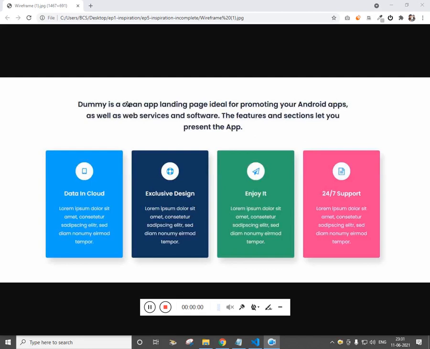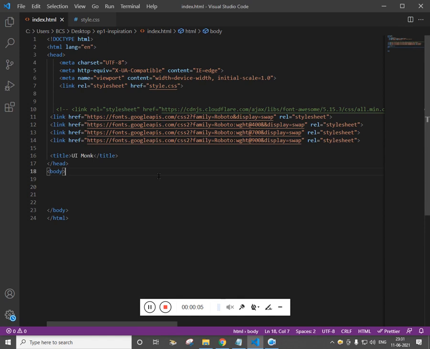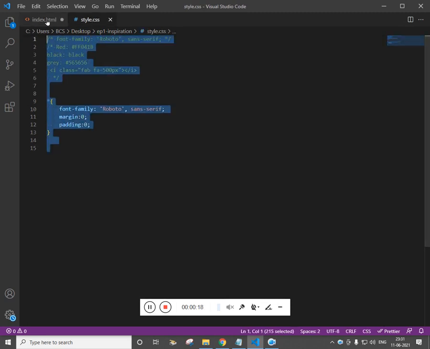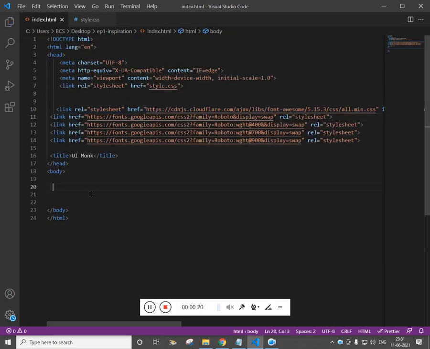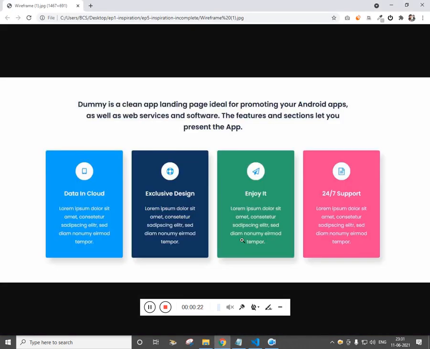In this video we are going to create this design into actual HTML and CSS. Fine, let's get started. Now as you see, I have added the Google font Roboto along with the style sheet, and let me uncomment the Font Awesome icon as well. And this is the external style sheet which I have linked in the head tag. Fine, now let me give you the overview.